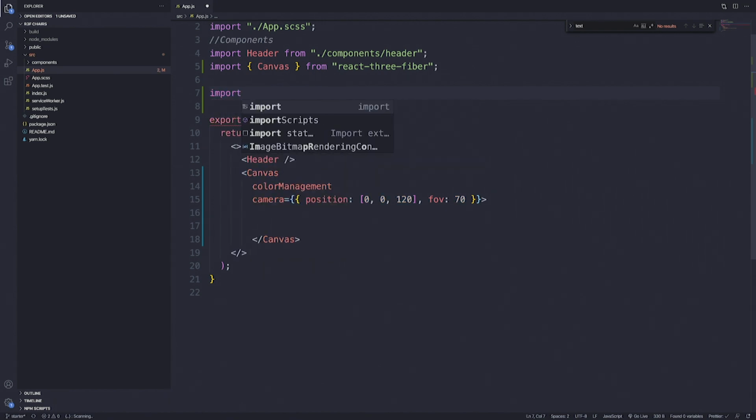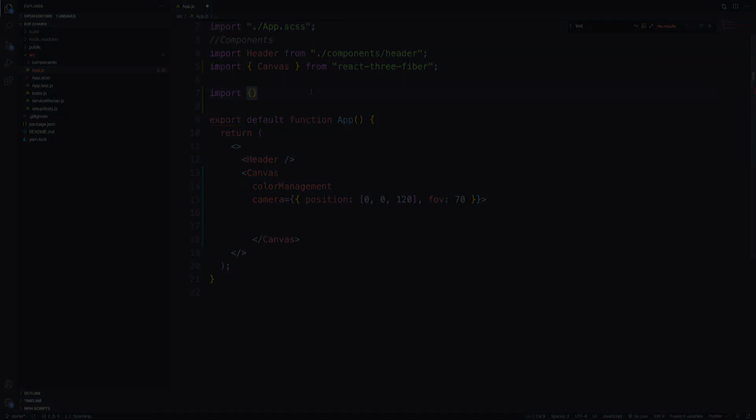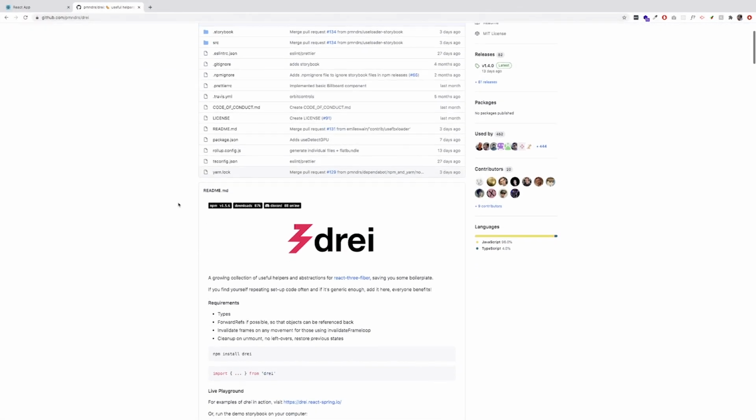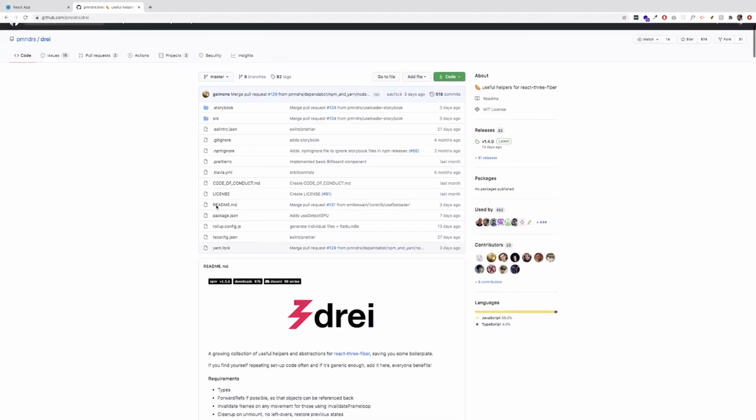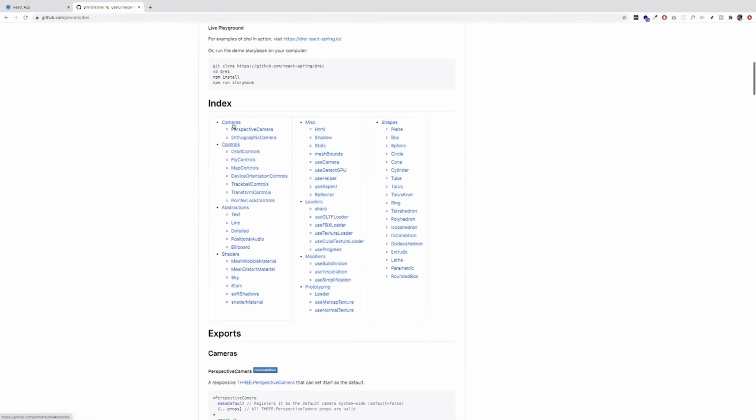And what I can do is import, let's actually pull up the doc so I can show you. So I am on the Drei GitHub repository. And again, it's just a collection of useful helpers and abstractions for React Three Fiber. So if we scroll down and look at the index, it allows us, for example, for shapes, instead of using meshes and mesh materials and things like that, we can just, actually we'll still be using the material, but instead of having to define the different shapes, we can just use these